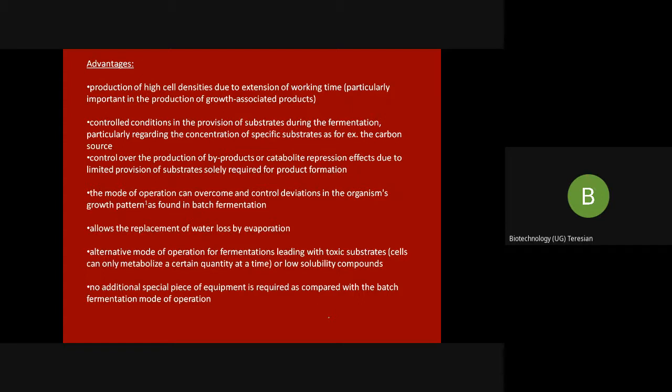Allows replacement of water loss by evaporation. Alternative mode of operation for fermentation leading to toxic substrates or low solubility compounds. No additional special piece of equipment is required as compared with the batch fermentation mode of operation. So these are all the advantages of fed batch. Okay, I'm not explaining each of the advantages because already we have spoken about all this,